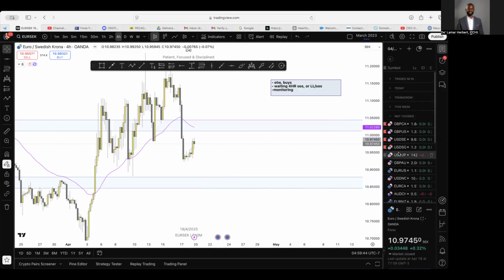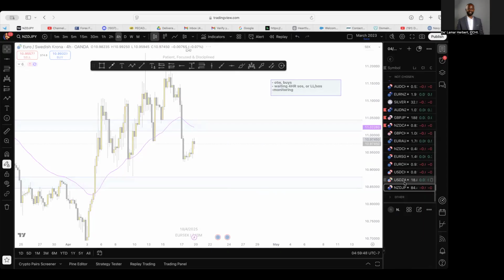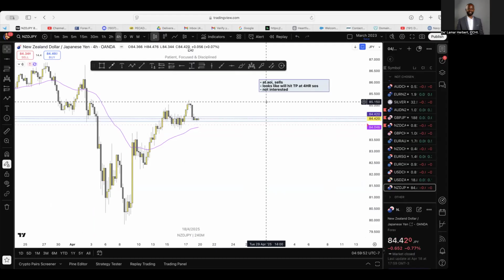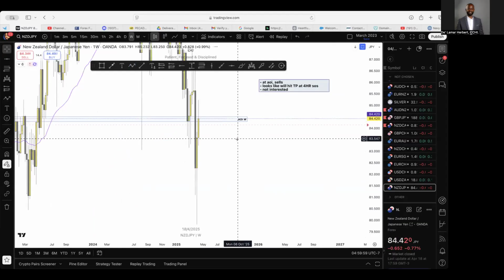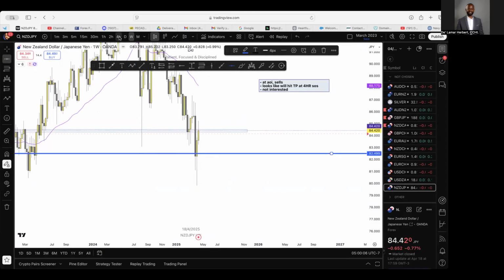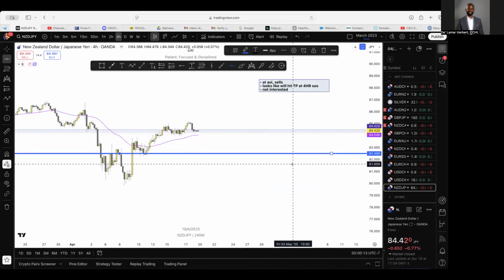Okay, last but not least, the ones that are not chosen for this week, starting with NZDJPY. We will look to take sells, but the only problem is that we're so close for a 4 hour shift of structure to our actual take profit, which would be somewhere right here. If we tried to take a 4 hour shift of structure, we'd be so close that it just wouldn't make sense,